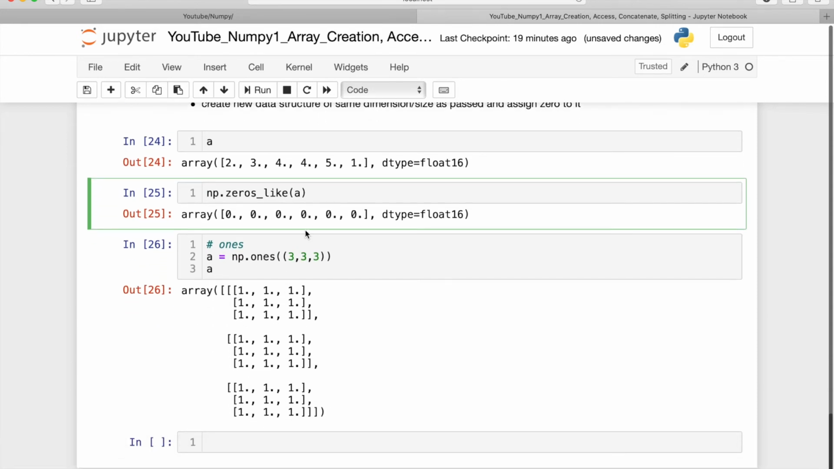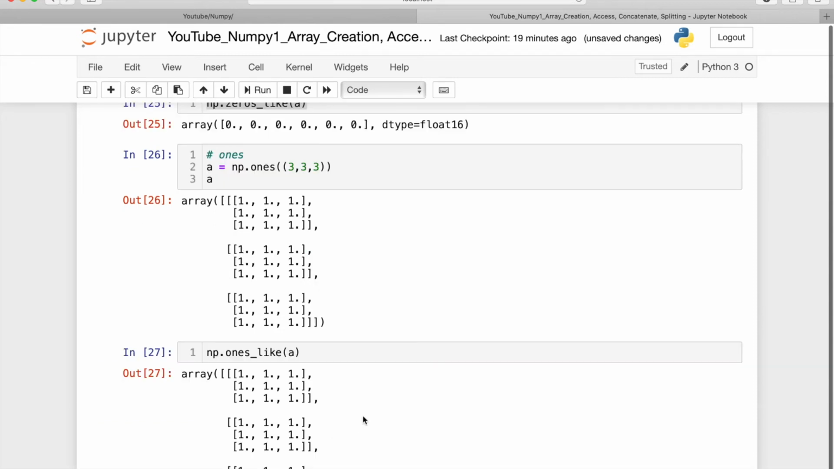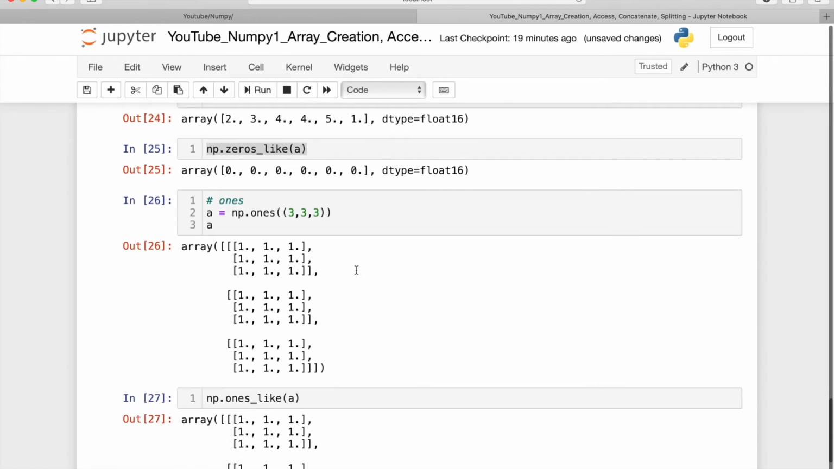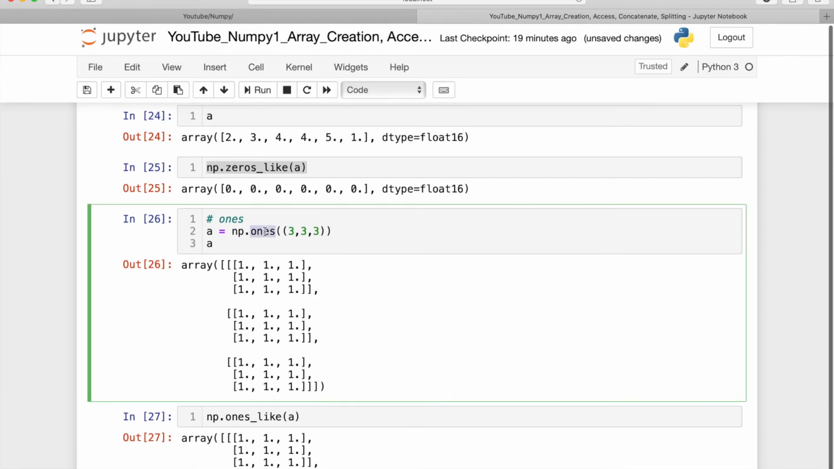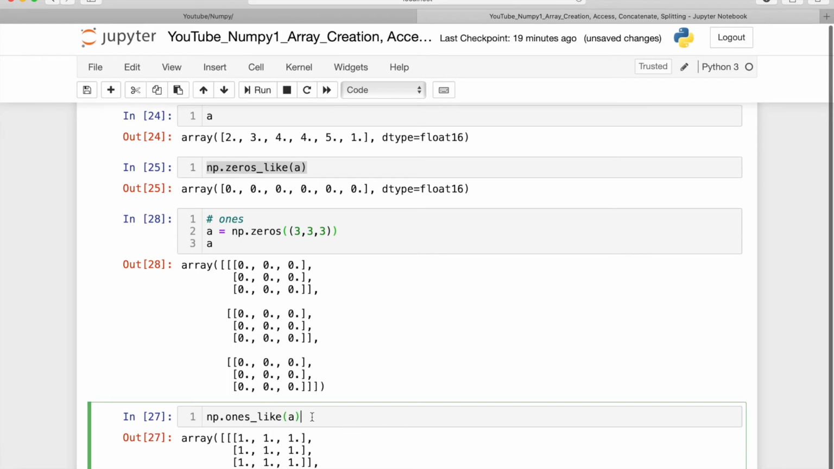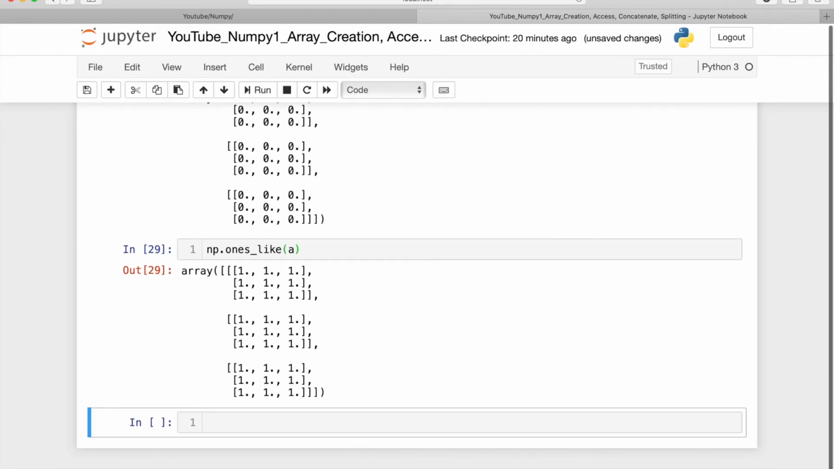And the same thing we can do with like also. So if I use ones_like instead of zeros_like, and take A, it will take the same dimension and fill it with 1. Okay, and